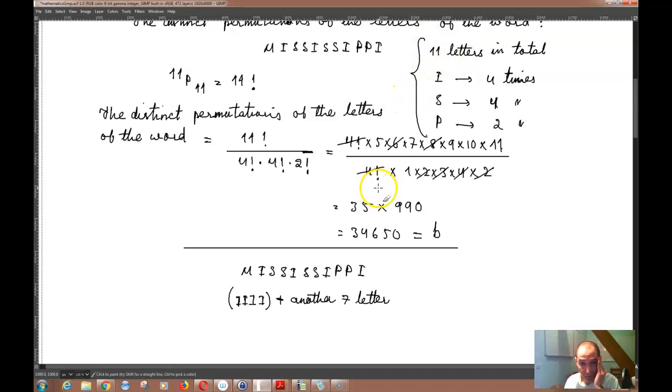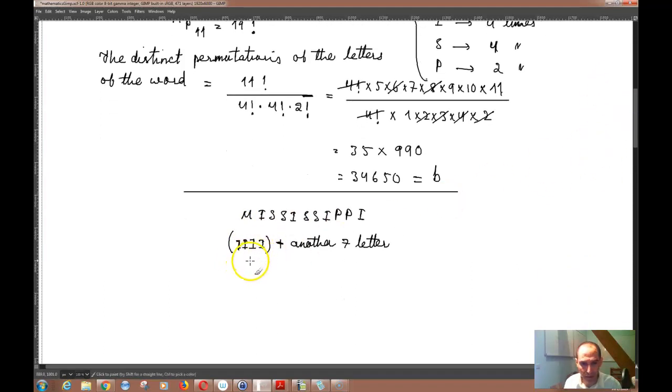So now what I need to do is calculate the permutations of the case where these i's actually come together, meaning that I can treat them as a group, right? And so what that means is that now I have one object over here, 7 objects over here, so I have 8 objects in total, and I want to calculate the permutations of those 8 objects, which is basically